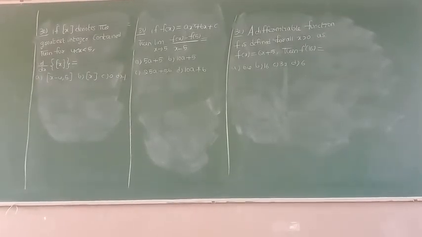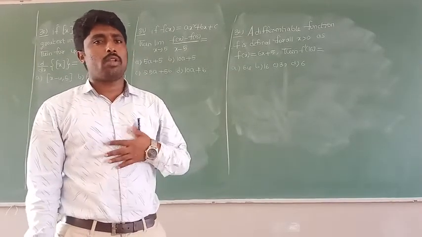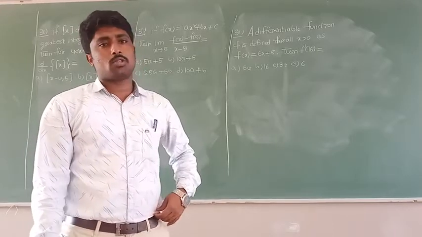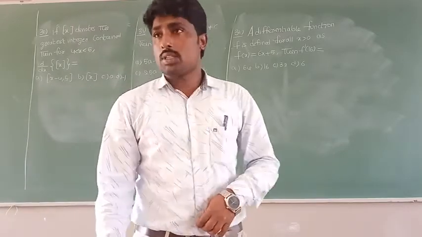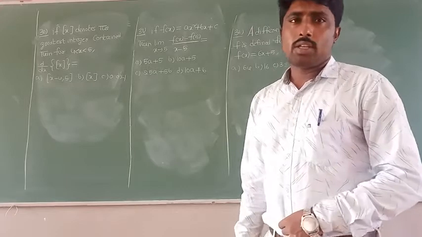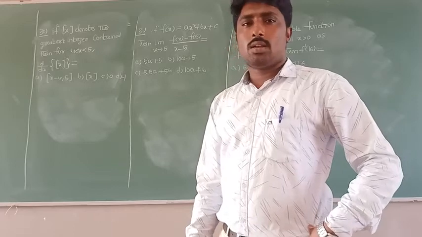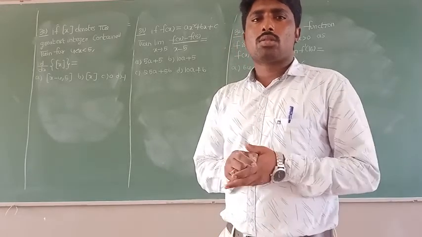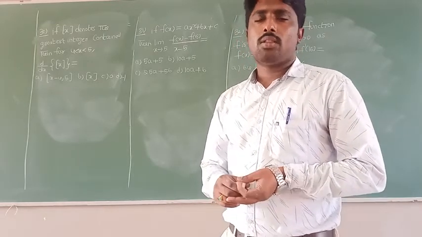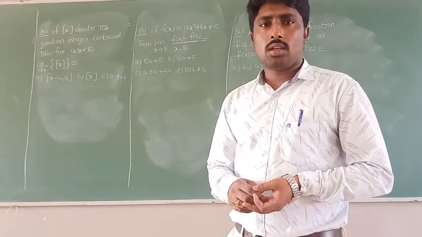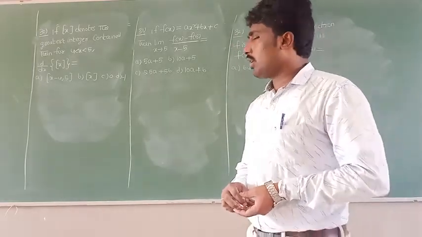Now all of you see here, these problems are very important, because we are discussing the last problems based on level 1. These are somewhat conceptual problems, but very easy. Before discussing this 30th problem, you need to revise the greatest integer function. What is meant by the greatest integer function? It is denoted by box of x, which gives only an integer output. That's why the range of the greatest integer function is the integers. Already we discussed this in relations and functions. Once again, you revise that concept, all of you.